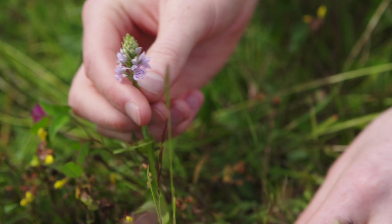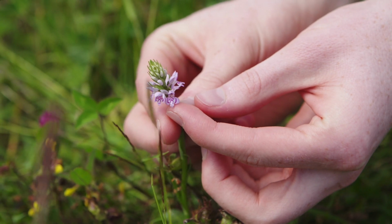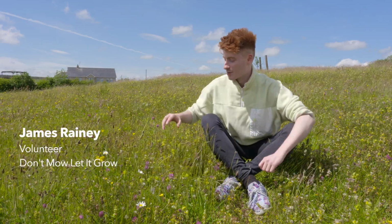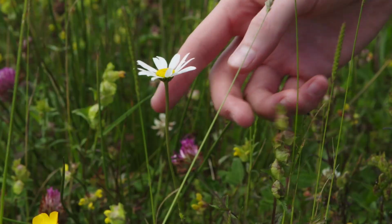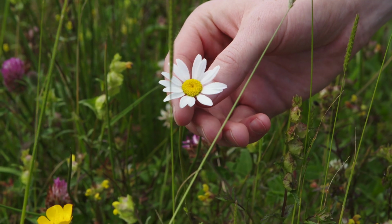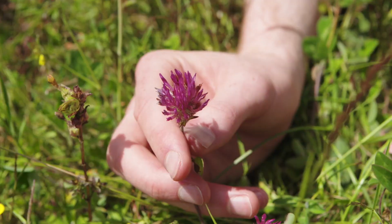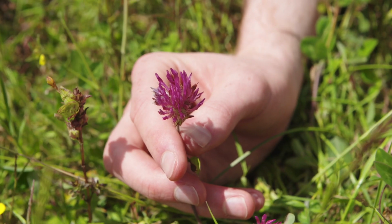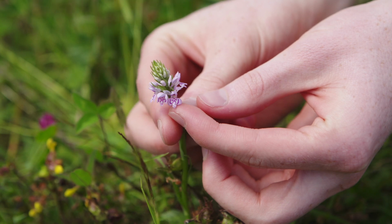I am involved in the management of this site, and I'm also a volunteer for the Don't Mow, Let It Grow project. In this meadow at the moment, you can see there's a really good diversity of wildflowers. We've got the oxeye daisy here, which is sort of scattered through the area. We also have a really lovely red clover here, and some white clover. We have common spotted orchids, and